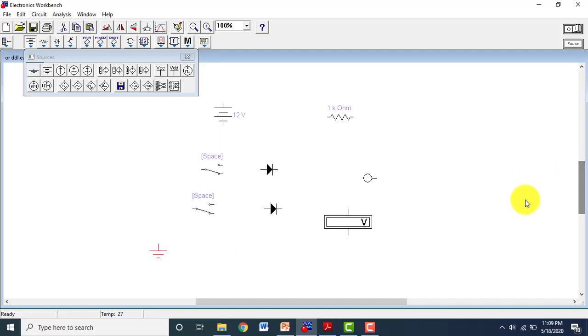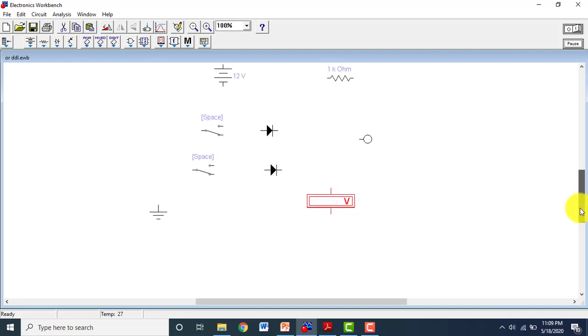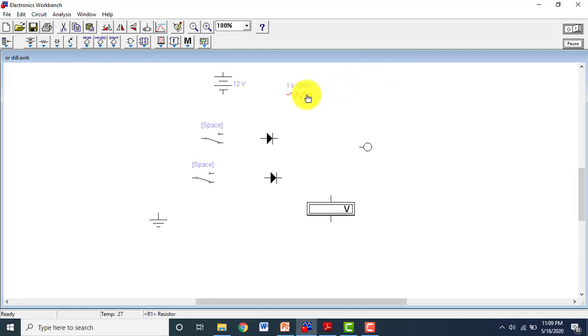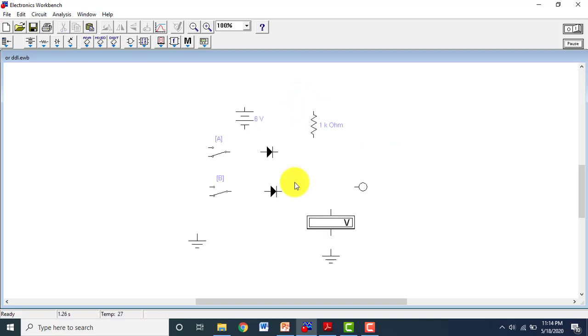Okay, it's all we required, and we will connect all of these terminals. I will flip the bulb, arrange the components. I will flip the resistance, rotate the resistance.